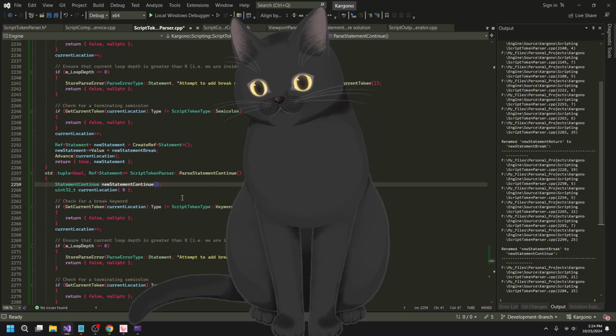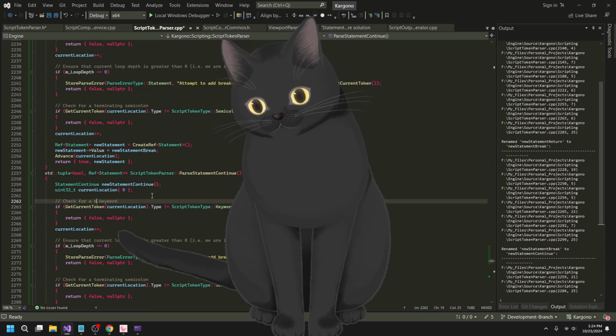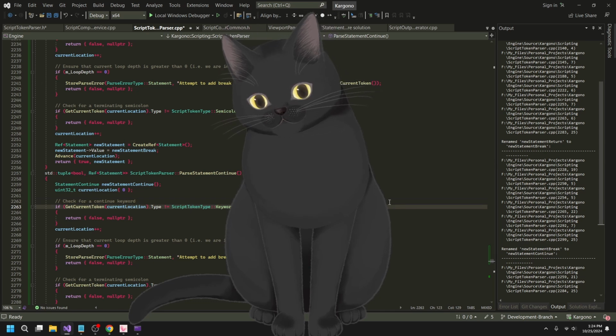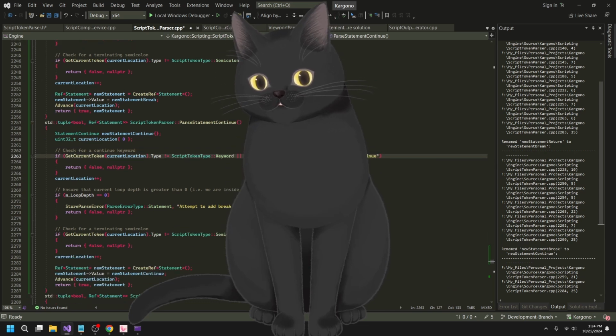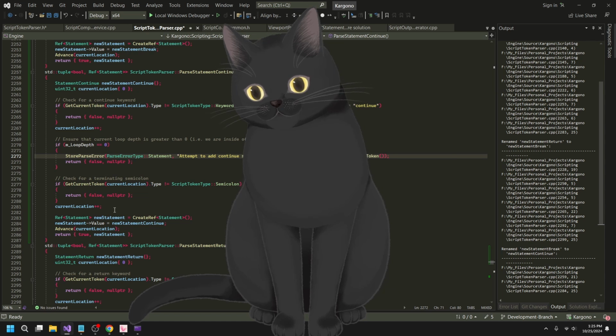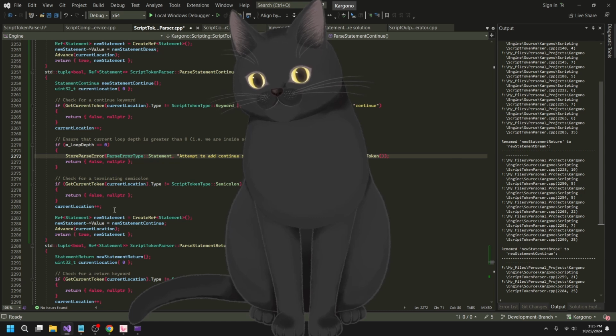So, this guy's, oh my god, this keyboard is killing me. Continue. Same exact logic. And make sure there's a semicolon. Do I want to throw an error here?